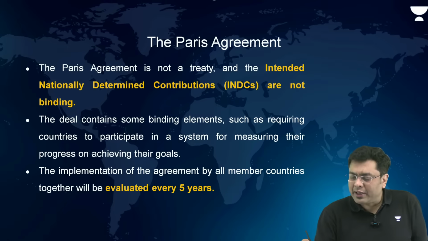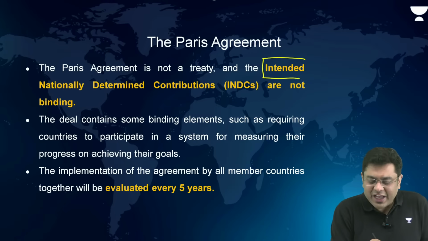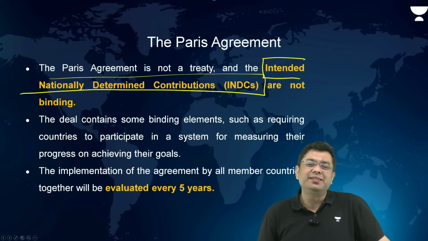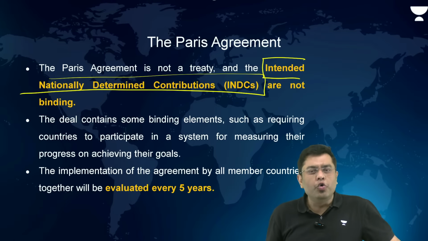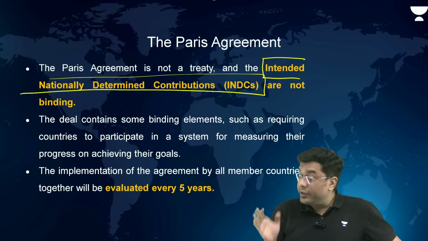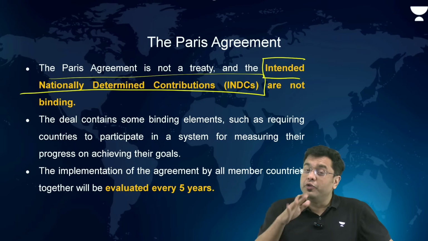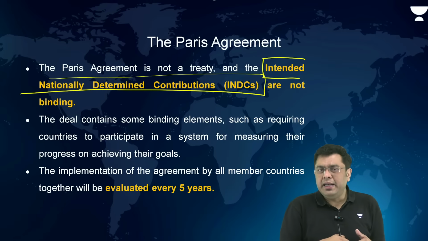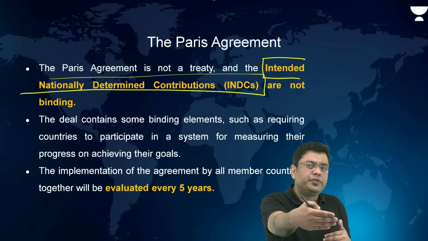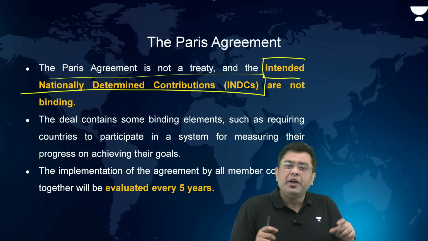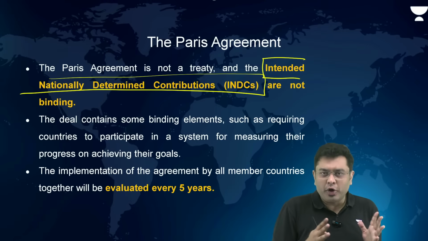So that is where the concept of intended nationally determined contributions came into existence. All the countries have to set up their own NDC. What is their contribution against climate change? Now, this is not legally binding. It is not as if you are unable to achieve the target, you will be prosecuted or fined. Just the case that if you are unable to achieve the target, the next target that you set has to be steeper, right? Every 5 years, the countries have to submit their fresh set of targets.